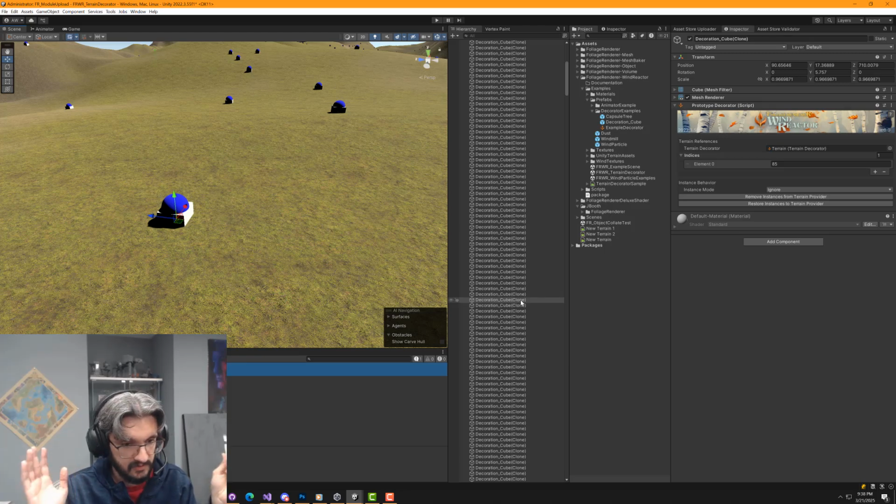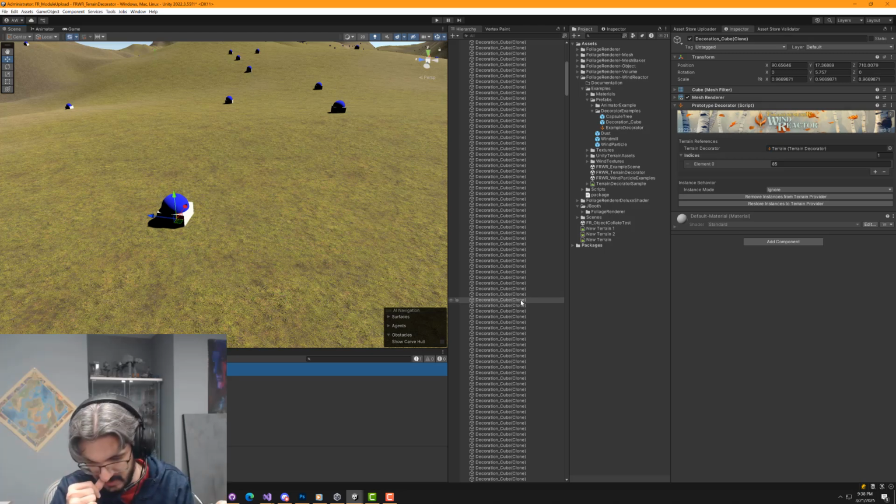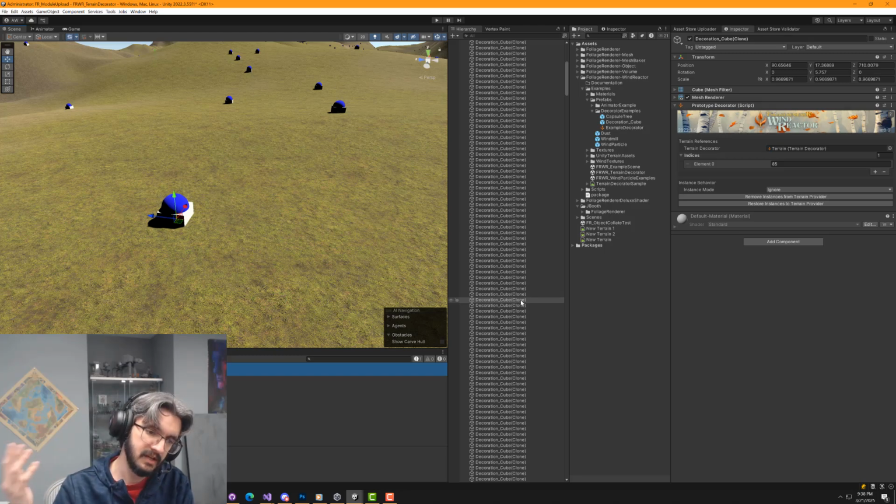A lot of you are making survival games where you're cutting trees. Many of you have asked me for a tree cutting feature. We have to put a particle on a tree in order to have leaves fall off the tree. But if you're making a tree cutting game, you're going to cut that tree down, and then you're going to want to turn that particle off. So the particle needs to know the tree it belongs to,